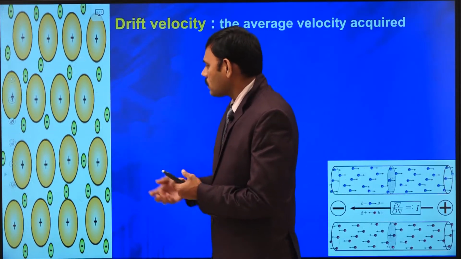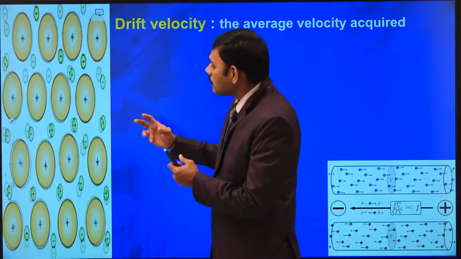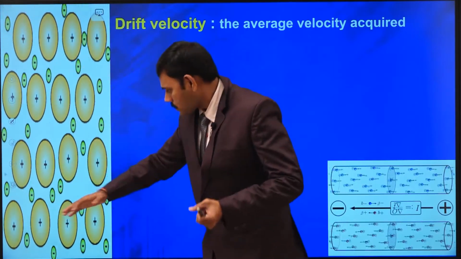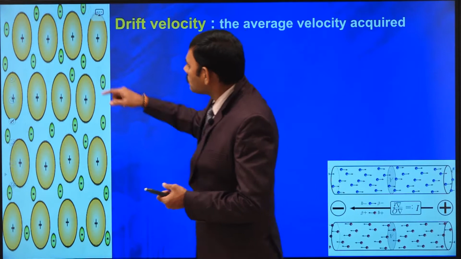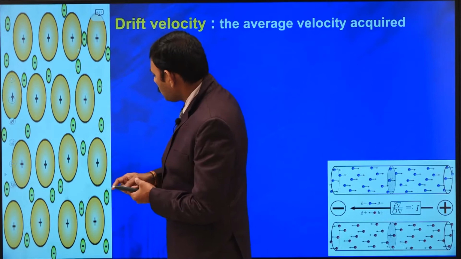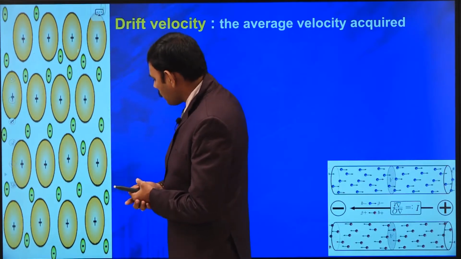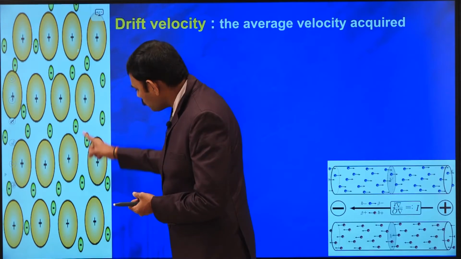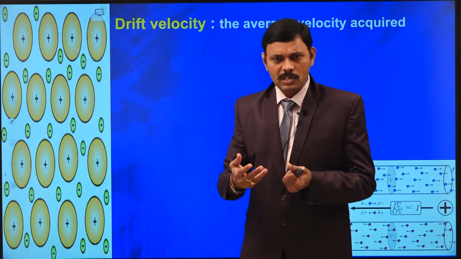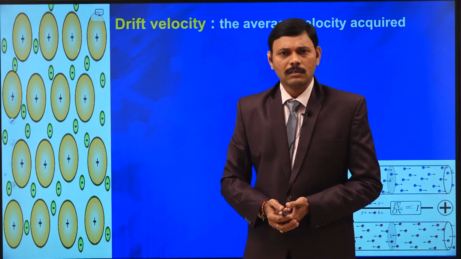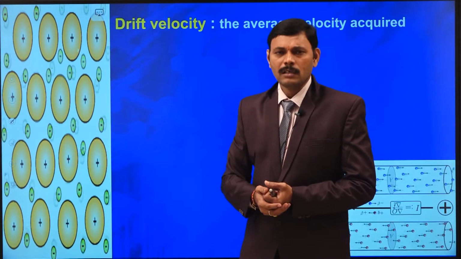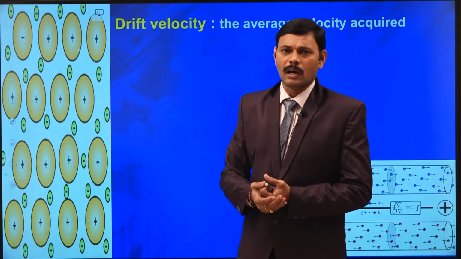So that detached electron may move randomly, but it doesn't go from one section of the conductor to another section easily, because when this electron is detached from here, it may collide with its neighboring atom. Electron is detached and tries to move, it collides with a neighboring atom. So due to thermal agitation, the valence electron of each atom in the conductor may become a free electron that tries to move randomly, and immediately it collides with neighboring atoms.